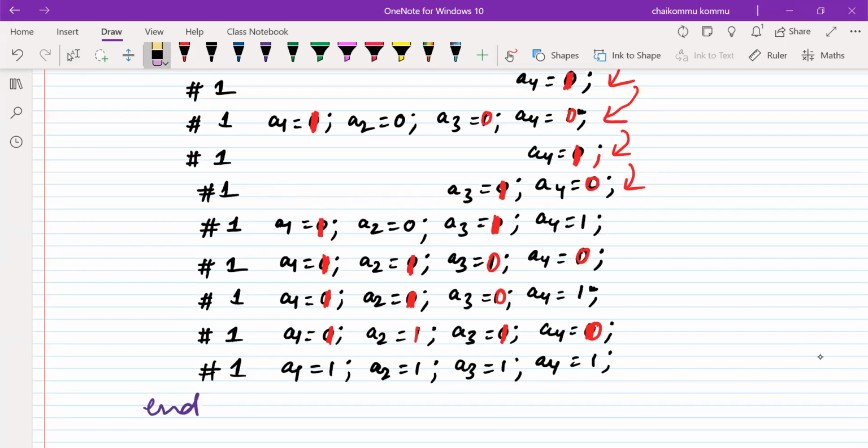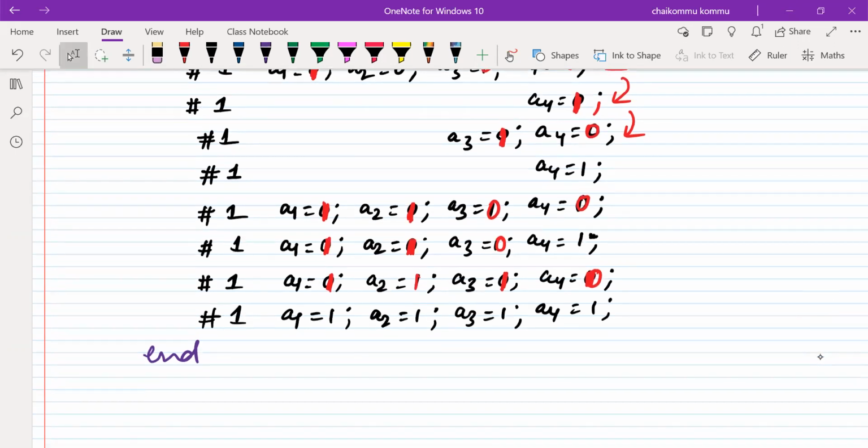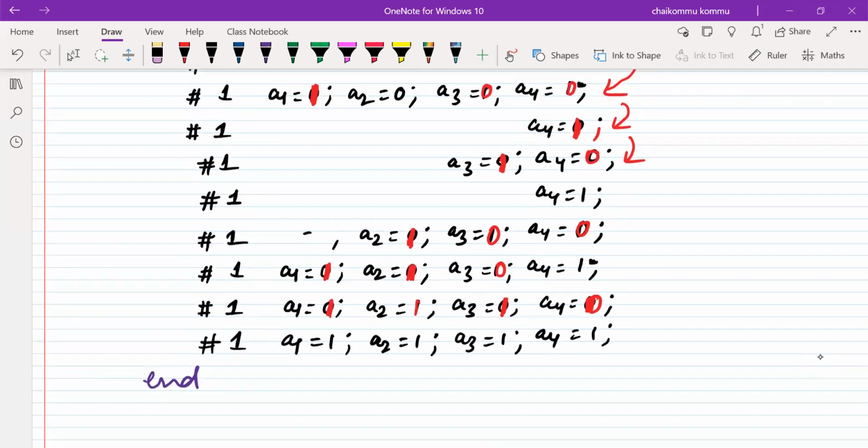Both are changing. Now, in this case, A1 is not changing, A2 is also not changing, A3 is also not changing. Only A4 is changing. Here, A1 is not changing. Okay, and this is changing. Yes. What about this one? A1 not changing, changing, not changing. Something like this. What about here? Same A1. A1 is not changing. It is also not changing. Changing.